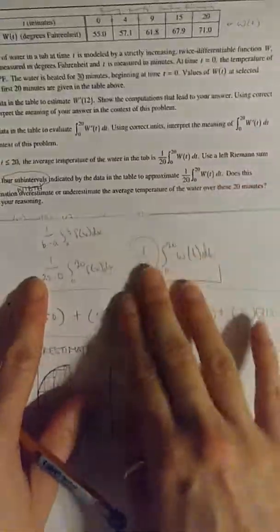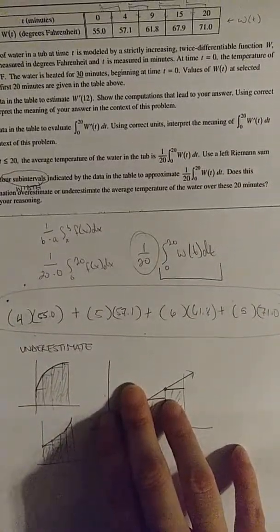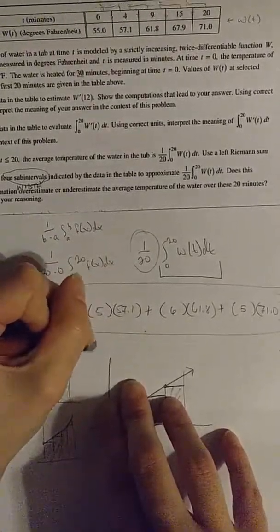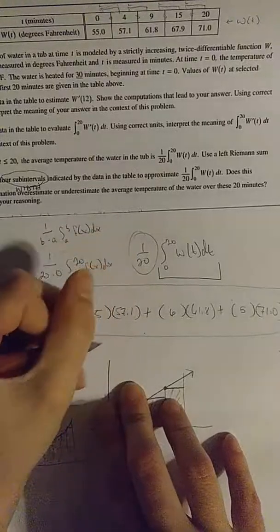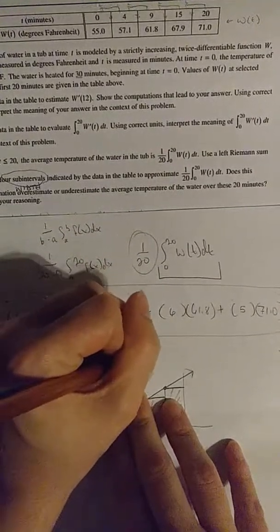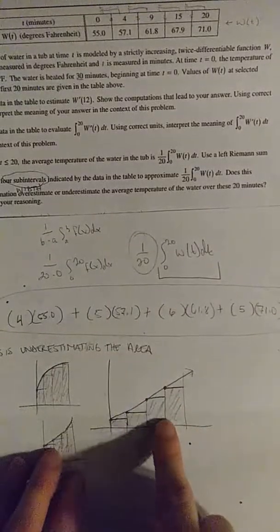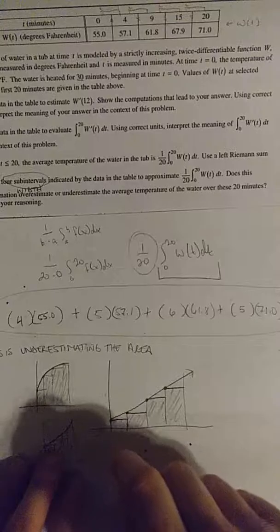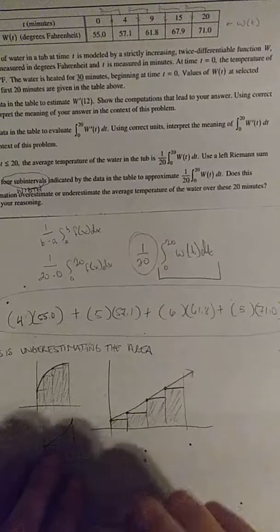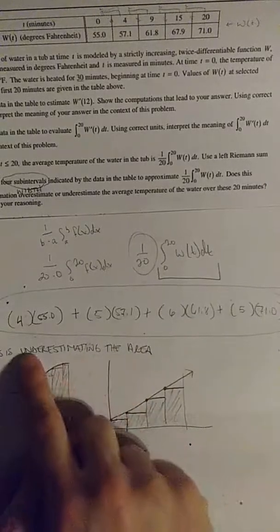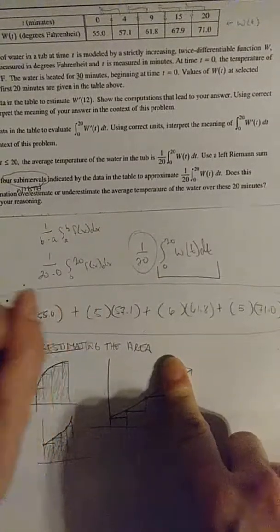So we can say this is underestimating the area. If you wanted to draw a sketch to help you, that's wonderful. You do not have to mention it in your sentence. All you have to say in your sentence so that they know that you understand that this is an underestimate, all you have to say, this is underestimating the area, so that's important to say,